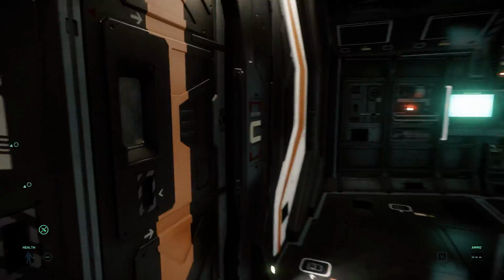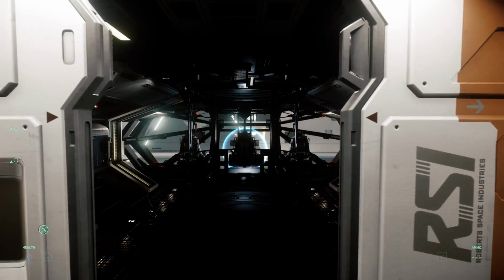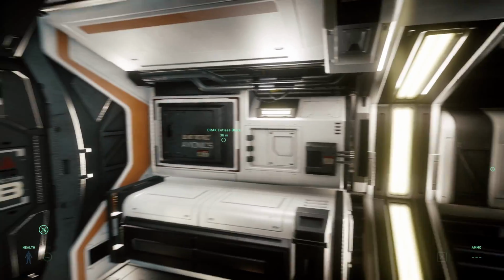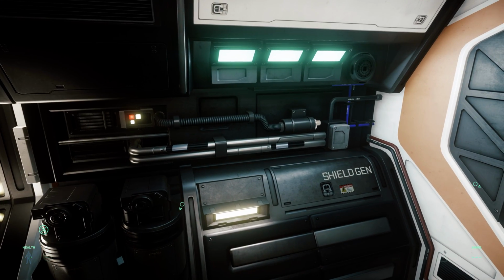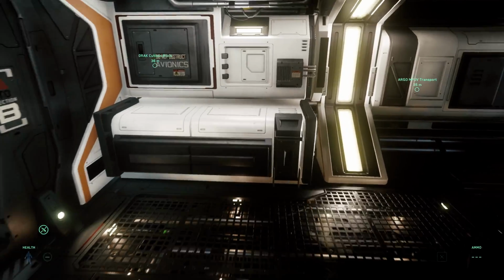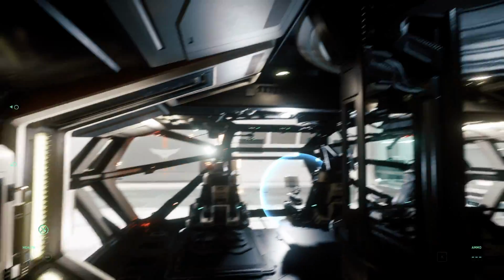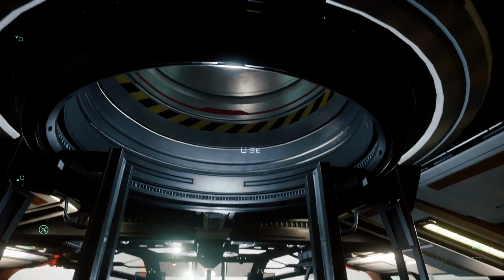Alright, so we're going to head into the main area now. And here is the bridge, all hands on deck. You're supposed to be able to have all kinds of things to do once the actual live version goes live, or the actual game is released. This is a multi-crew ship, so you're going to have multiple seats. You have 2 turrets, one on the top, one on the bottom. These turrets actually look